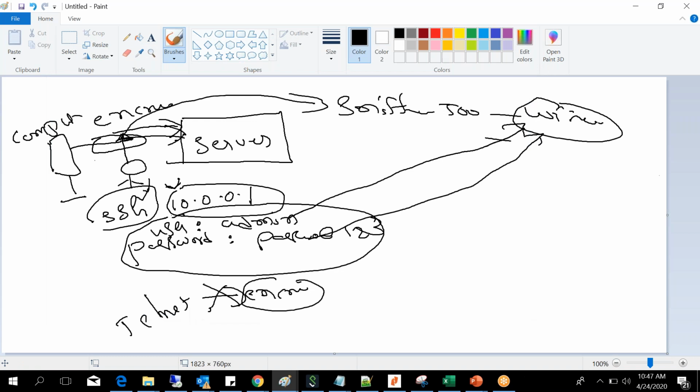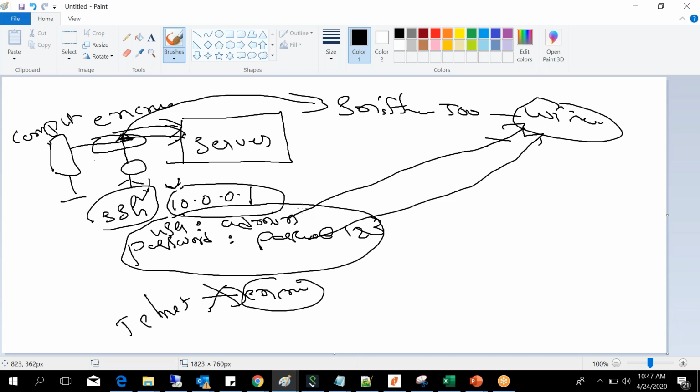I'll show you another day how we connect to servers via SSH. But it's being recorded now, so I'm not able to show. I'll connect to a couple of my servers using SSH. I'll show you tomorrow. That's SSH and Telnet.